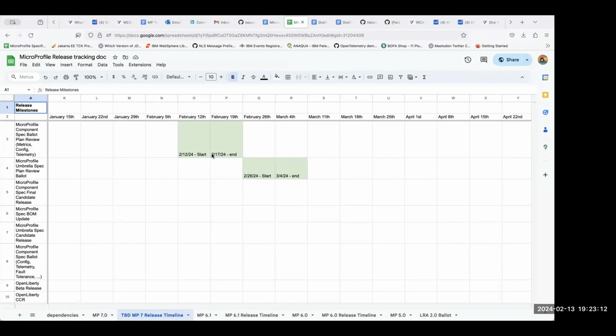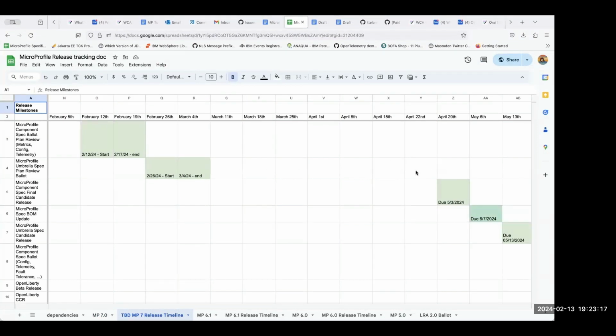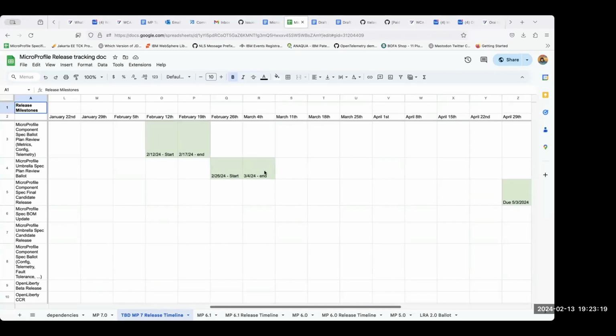Actually, yesterday we should have started the plan review. However, we have some leeway time. But at the moment, a couple of specs are still trying to work out whether it's a major or minor release, and also the scope. I can speak for Telemetry, we are also not clear on the scope.